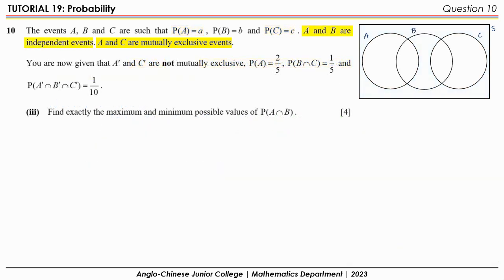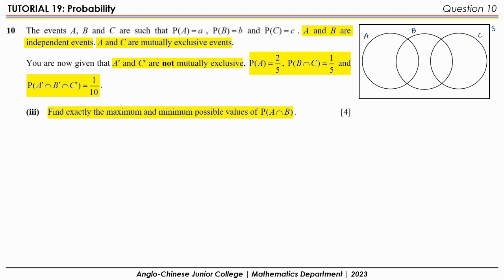For part 3, we are now given that A' and C' are not mutually exclusive. This means that we now have some leeway in our Venn diagram to fit in event B. We are also given values of some of the probabilities to fill in our Venn diagram later. The goal of this question is to find exactly the maximum and minimum possible values of the probability of A